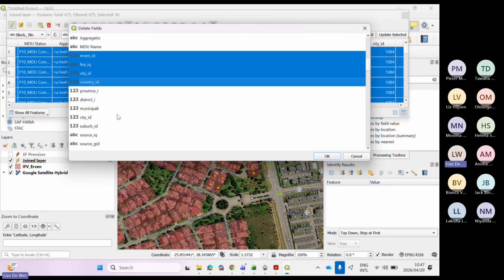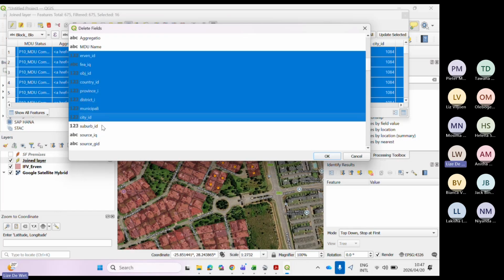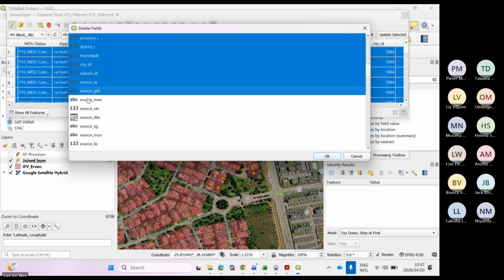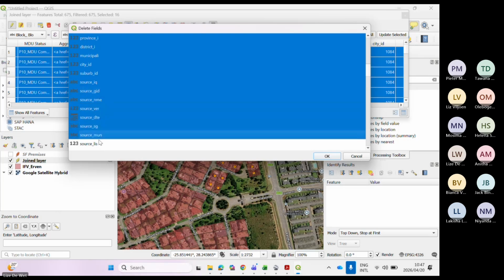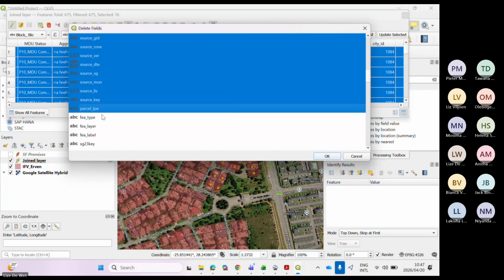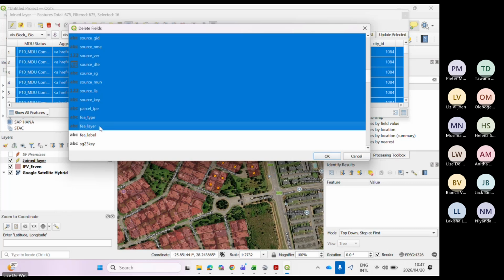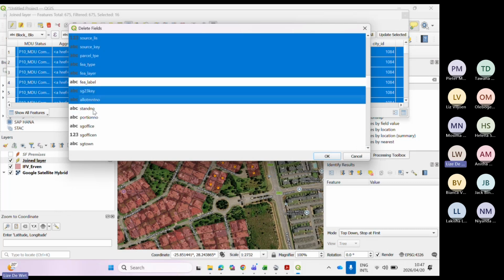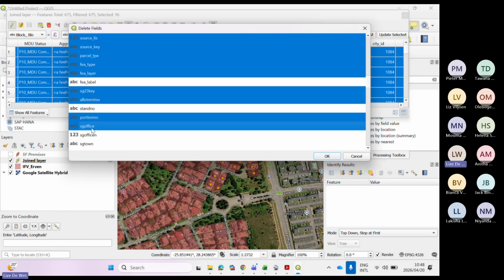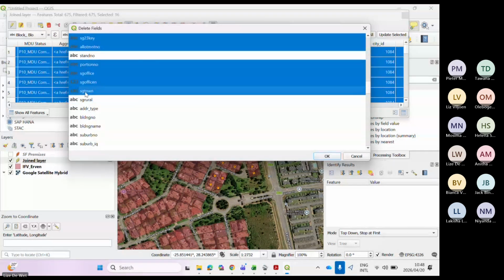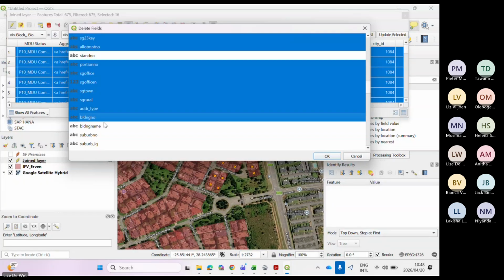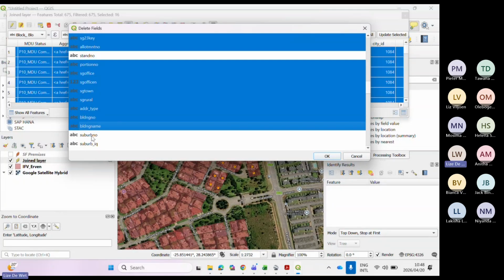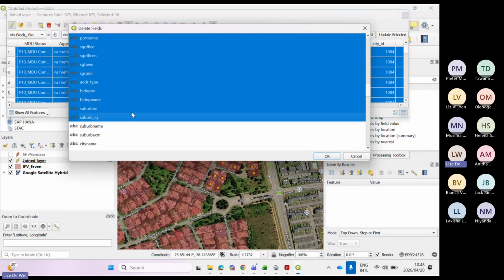I'm going to select everything I don't want. I want the FIA label, so I'm going to leave that one. Let's for now keep the stand number as well. Number, building name, subject,